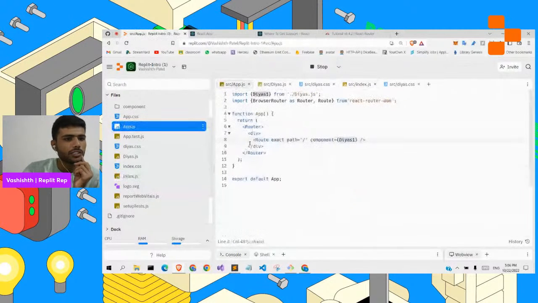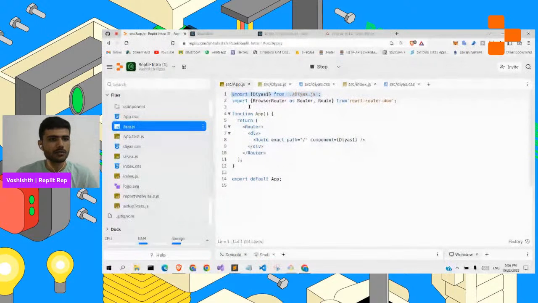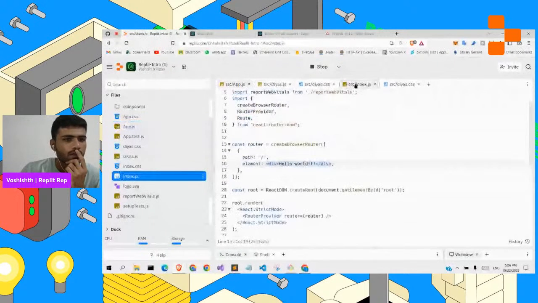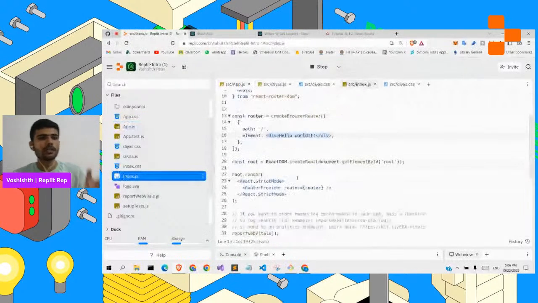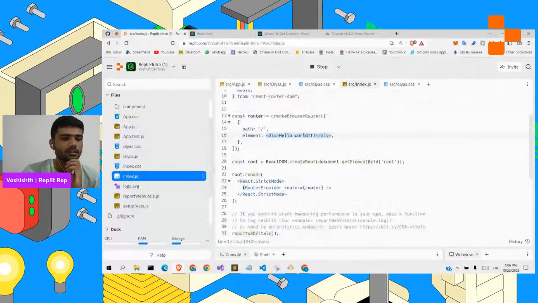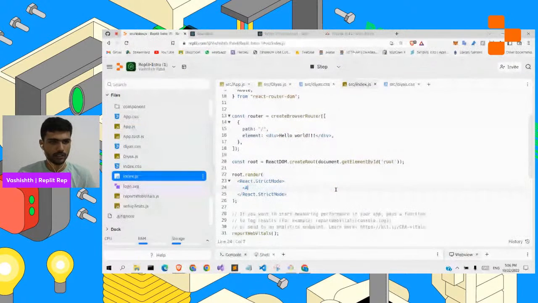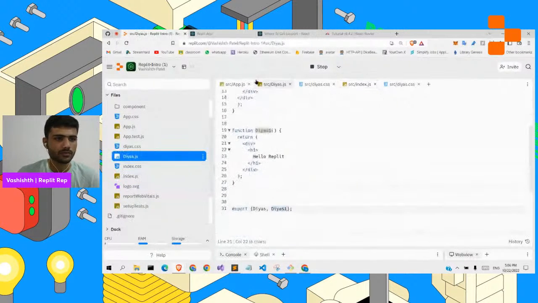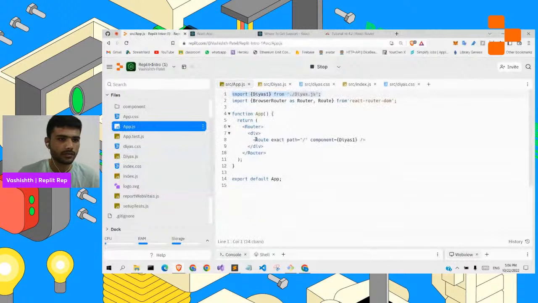So in app.js, I guess we have imported this Dias1. Fine. So basically we can do this stuff in app.js. So I guess let's do it in app.js as well. So you can just have a single workflow and you can just see the stuff. So basically in the index.js,